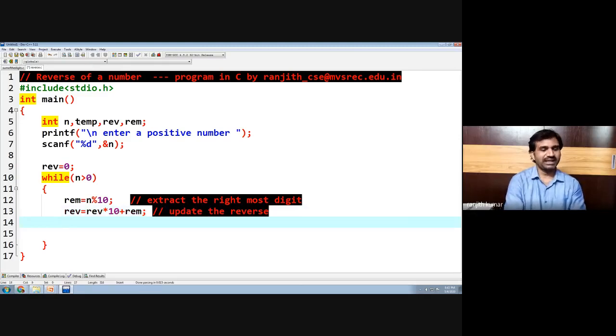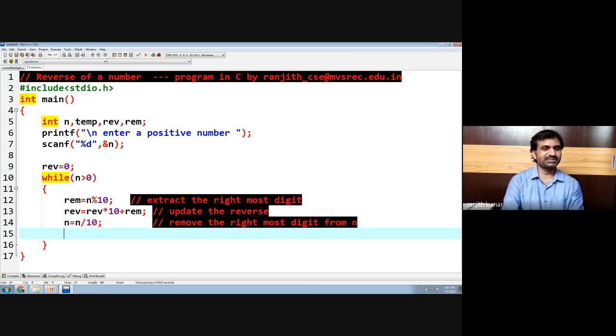Are we clear? And we will do n is equal to n by 10, where we remove the rightmost digit from n. So these are the 3 steps we repeat again and again to perform reverse of a given number.